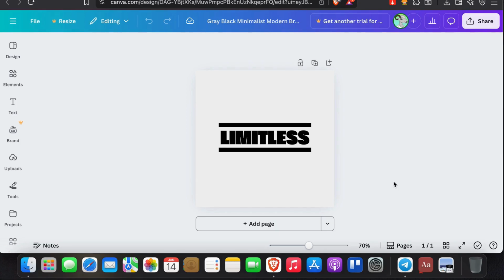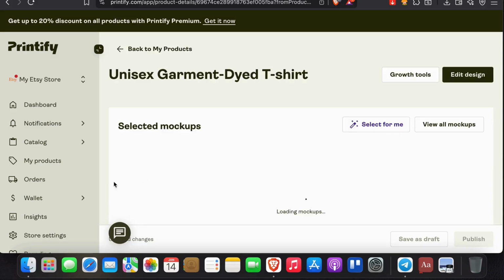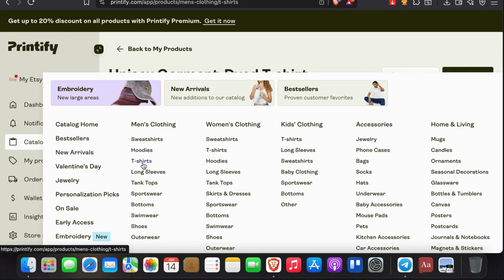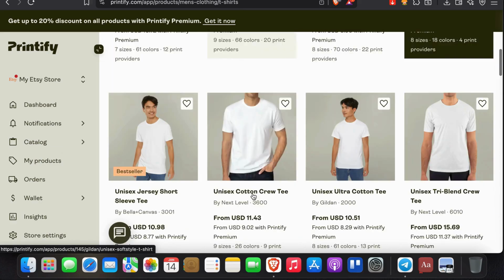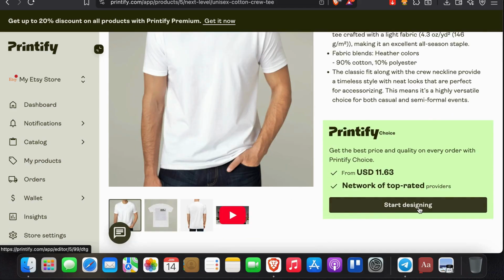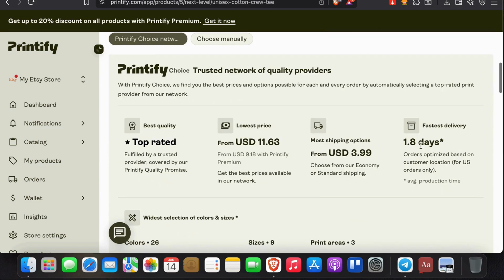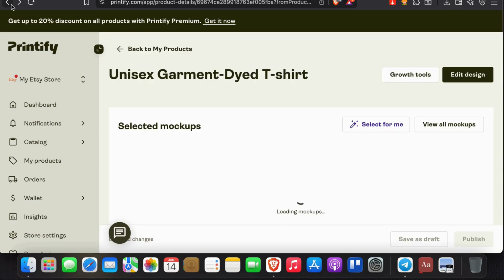Step 4, finding the correct design for Printify. This step is critical, often skipped. Before selecting your template, go to Printify and select your product, right? Or choose a product. And if you're new, you can just go ahead to the catalog and select a product category, let's say t-shirts, and start designing using one of these products, right? And hit start designing. And also check the reviews and everything, because you want to make sure that it's top rated. Okay, so yeah, I'm going to go back to my design,